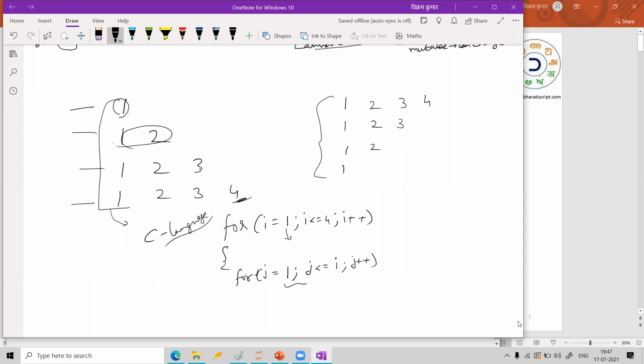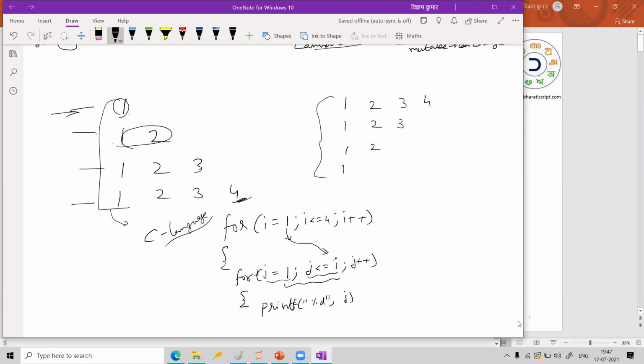So when I am doing this, what will happen? I want you to observe. Initially i will be 1. So j is equal to 1, j less than or equal to 1. That means only one time it will run, first time. So in the first row, only this number will get printed. That number should print means I will write printf %d, comma, the value of j, because j is going to change.